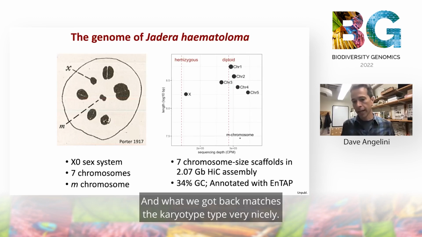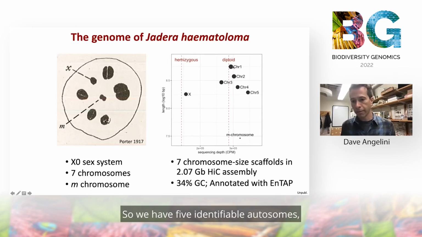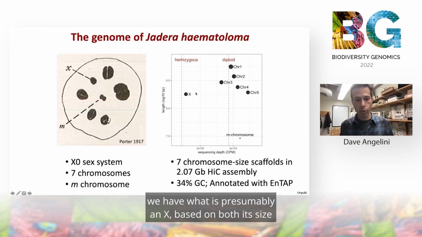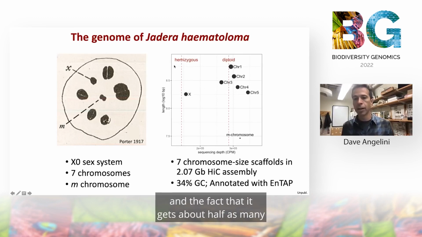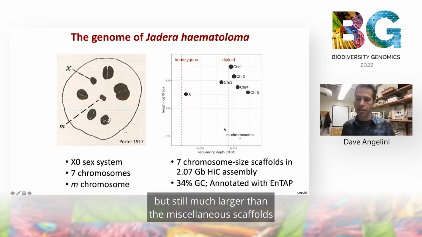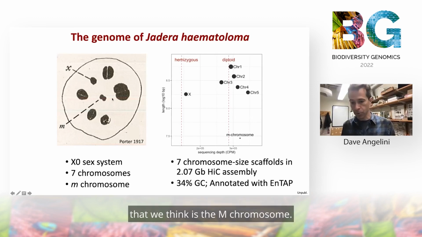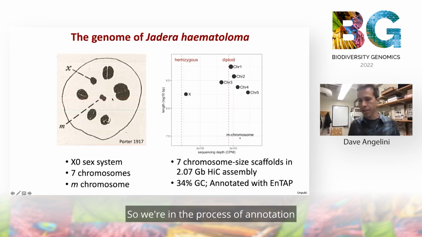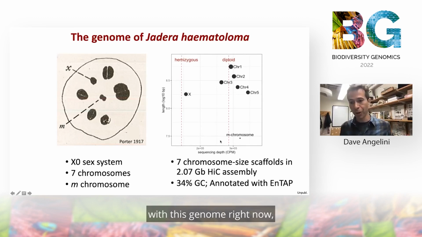And what we got back matches the karyotype very nicely. So we have 5 identifiable autosomes. We have what is presumably an X based on both its size and the fact that it gets about half as many reads mapping to it. And then we get a much smaller chromosome, but still much larger than the miscellaneous scaffolds, that we think is the M chromosome. So we're in the process of annotation with this genome right now, which is why it hasn't